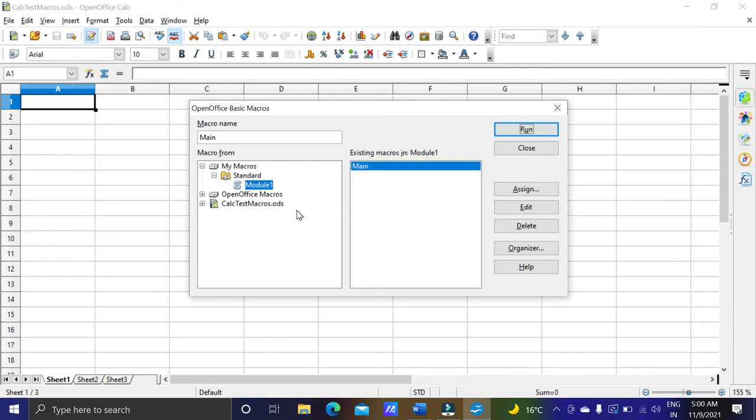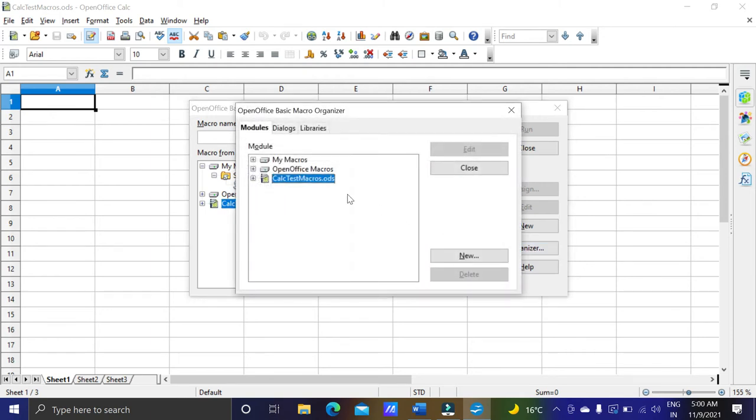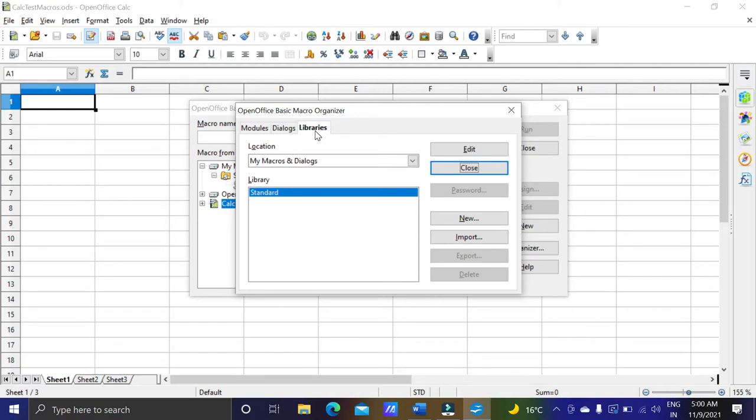Okay, now we are going to select our file. Our file is this one, calci test macros. Click on organizer. Here our file is calci test macros, and then we'll click on the libraries tab, and here we'll click on new. You can see our library is not available. I am going to create a new one.